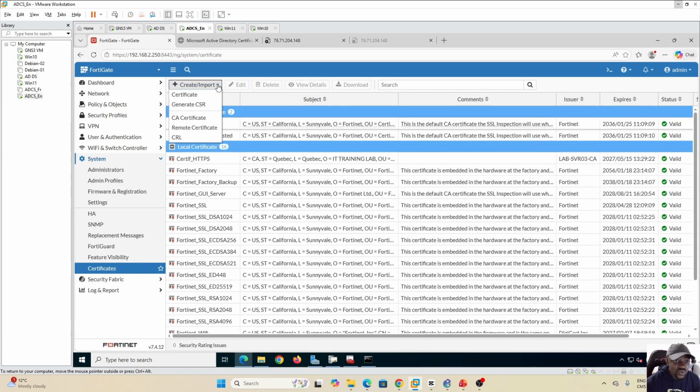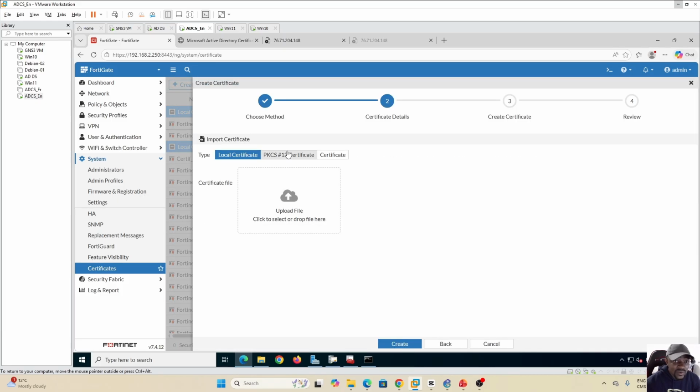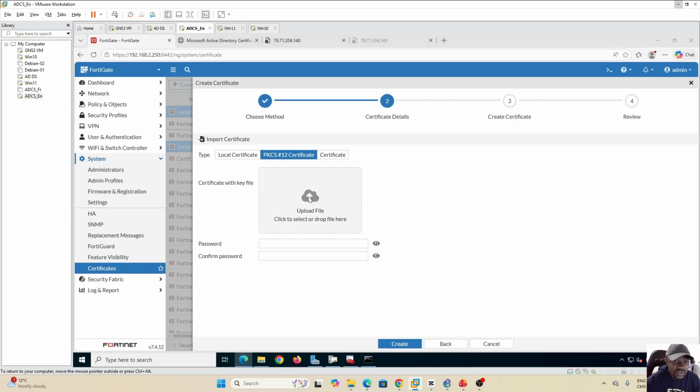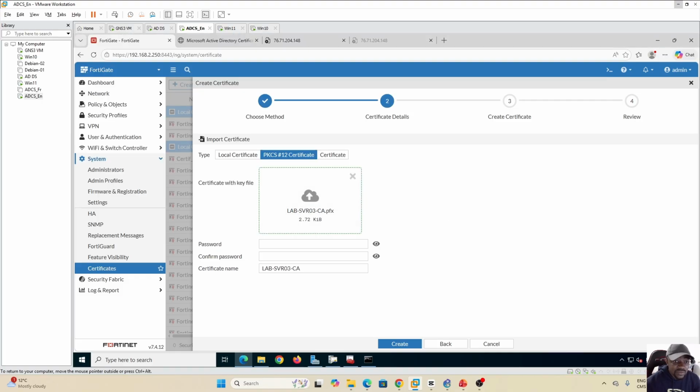So for our case, what we are going to do is go here under certificate, then go under import certificate. Our certificate is a .pfx file, so it is a bundle of the certificate and the key. Certificate with key file, this is what we are using here. So we select our certificate here, hit open. Then below we need to provide the password that we used previously to protect the certificate when we were exporting it. From here now, this is the certificate name. This is the name that is going to display in the list of certificates here. So pay attention also here that